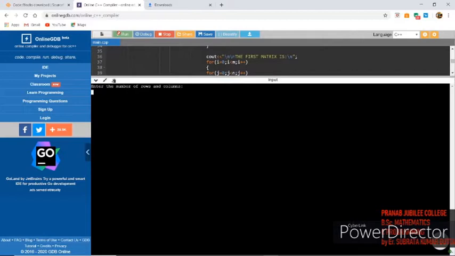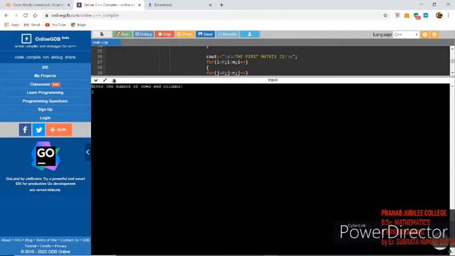Yeah, so the program was correct, but before that my compiler crashed. That's why it was showing some output problem, and here the error was because I forgot to delete the past code. Okay, so the main program is correct.